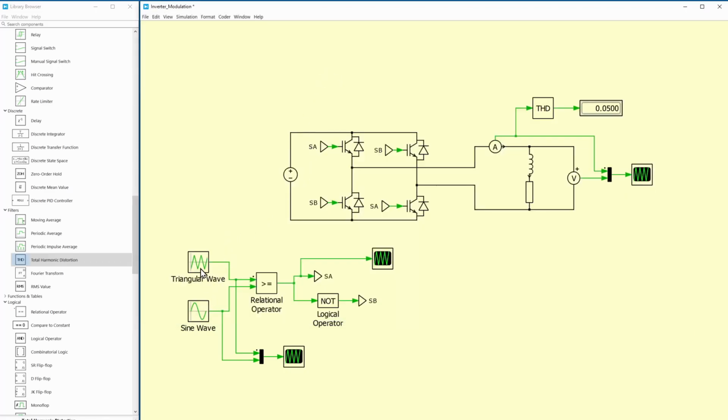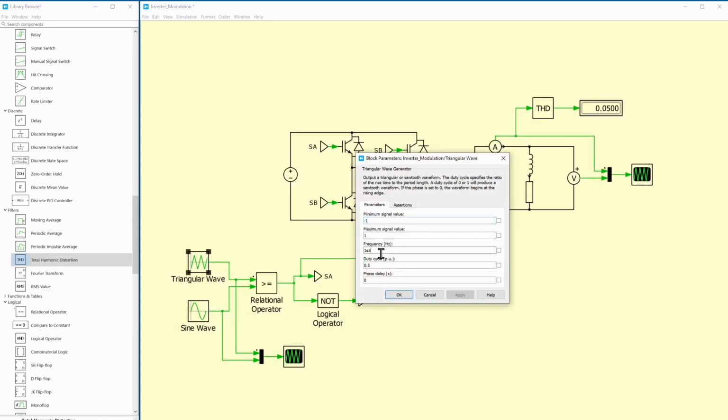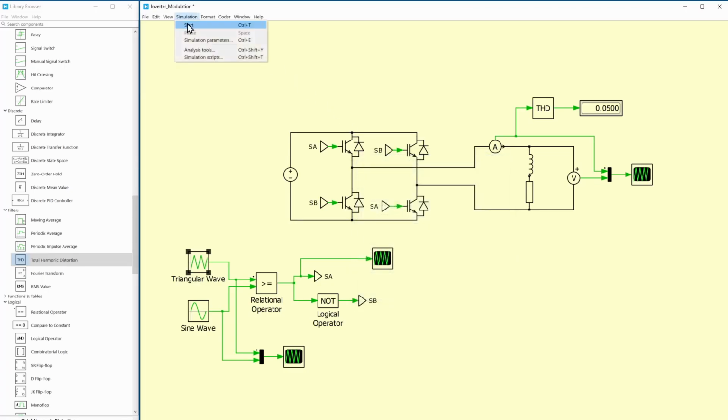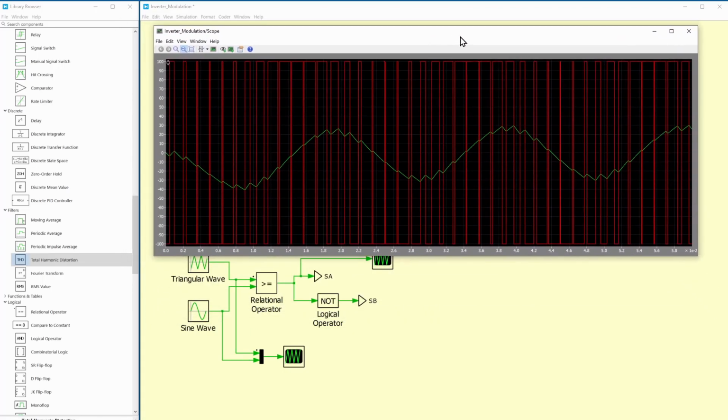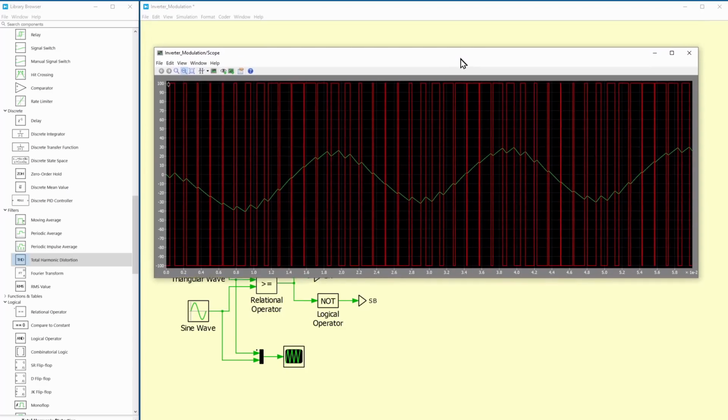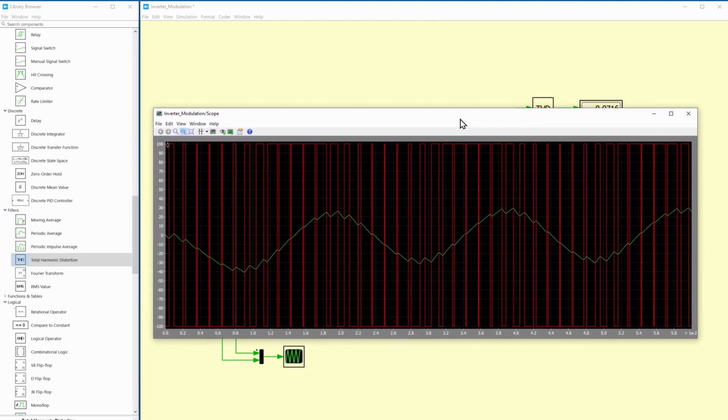Try to decrease the frequency here. Instead of 1 kilohertz, just put, for example, 700, and see the output. You see now the total harmonic distortion is increased, and you can clearly see the distortion here, and the pulse width or the frequency is now decreased, so the PWM waveform clearly appears, right? Very good. Now what we need to do is to duplicate this design and make a unipolar